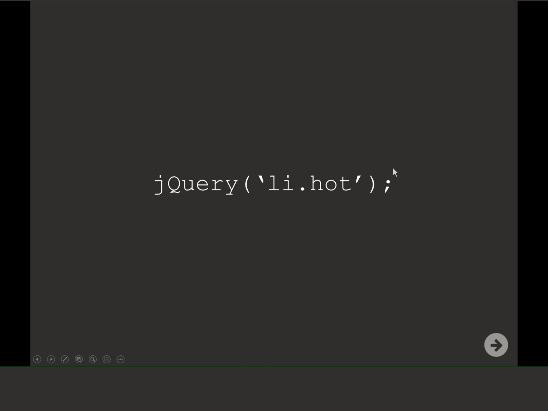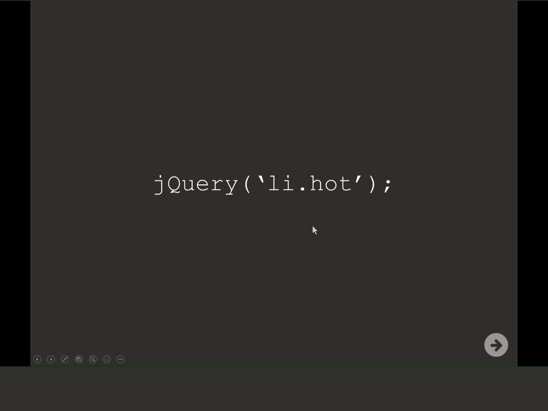And then in the function, we just provide the attributes or the information you want to find. So here, the parameter for you is the CSS style selector. Li.hot means the list items with attribute hot. You have a lot of lists, and then list items. Some items have this attribute. So you will find all the list items with attribute hot, and then put them